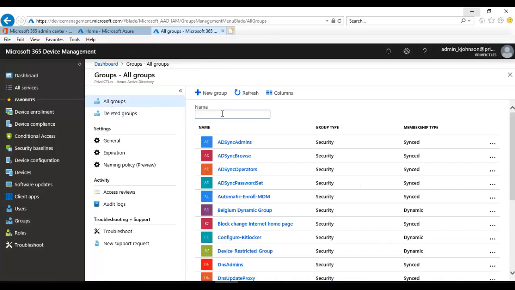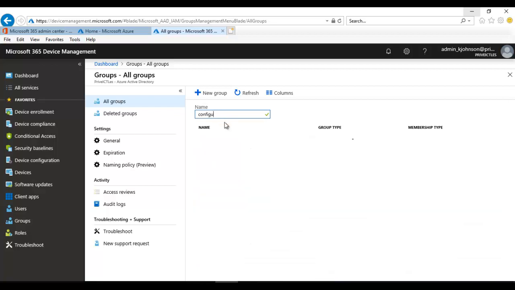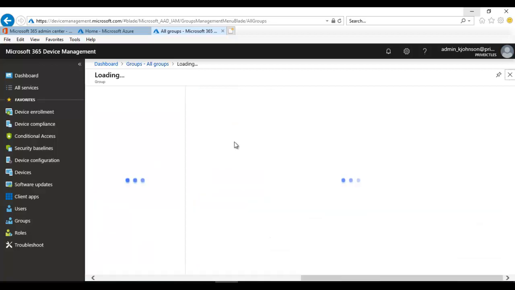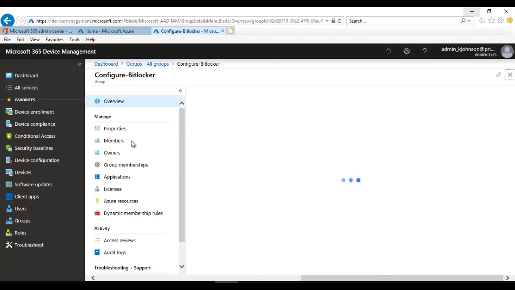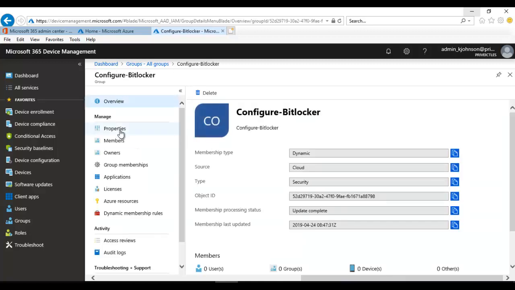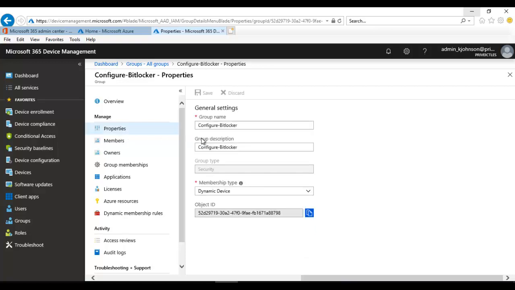Okay, here I have a group called Configure BitLocker. If I click on properties, you can see right now I'm using a dynamic device group. I've configured this so that a device dynamically joins this group if the device meets some criteria. So now let's go to my Windows 10 device and let me show you how to join this device to